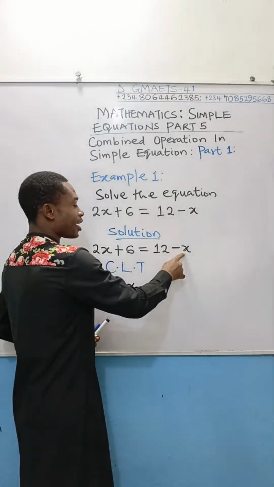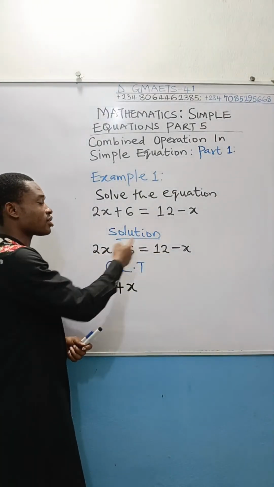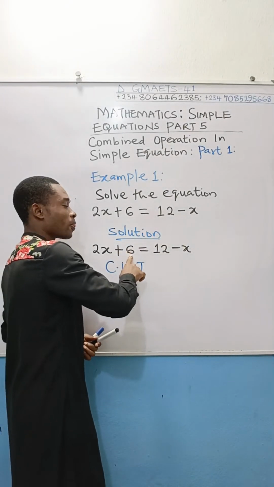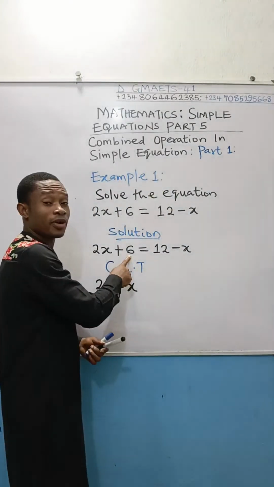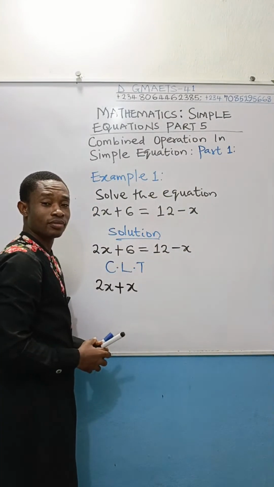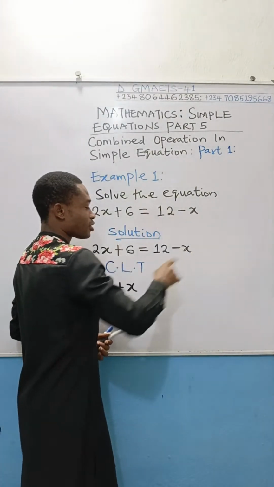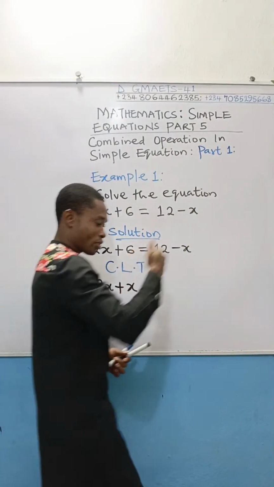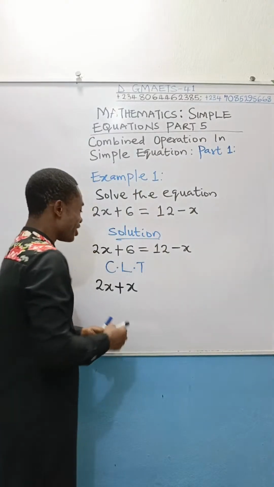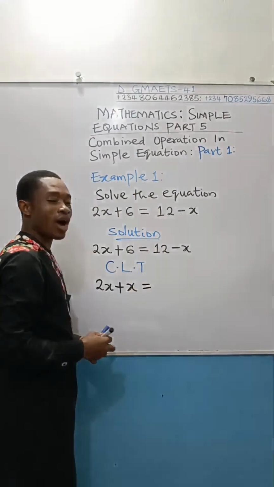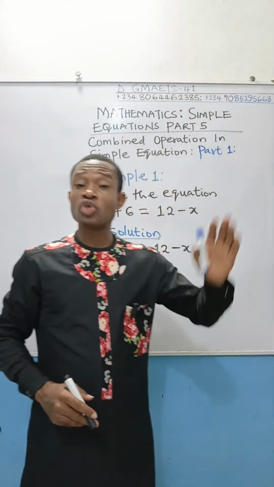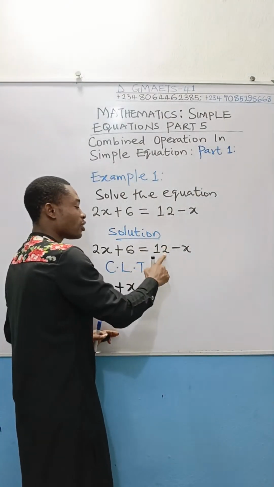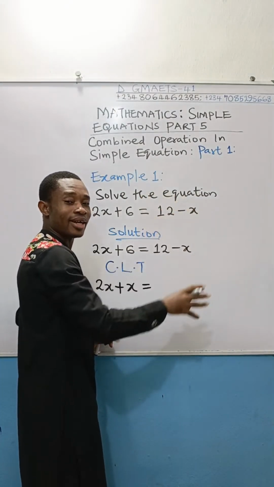Okay, so this minus x is a like term of these 2x. I have brought it to the left-hand side. And I want to move this 6 to the right-hand side because this 6 is a pure number and it is a like term of 12. Before I move this 6 to the right-hand side, remember 12 is already on the right-hand side. But you have equal to before you cross to that right-hand side. So I have to fix that equal to first before I start writing the things that need to be on that right-hand side. Now, once I put this equal to,